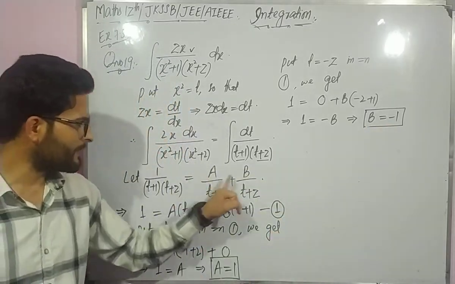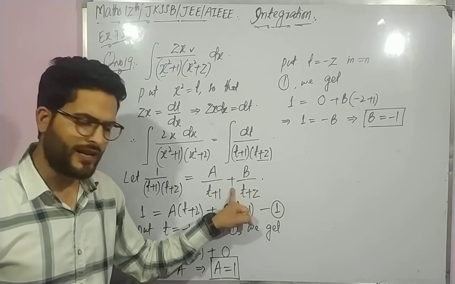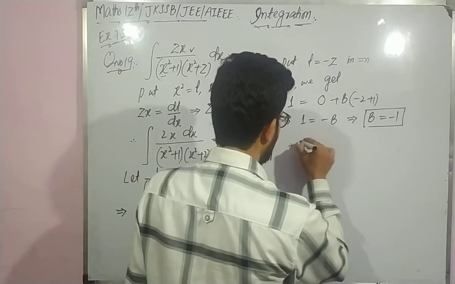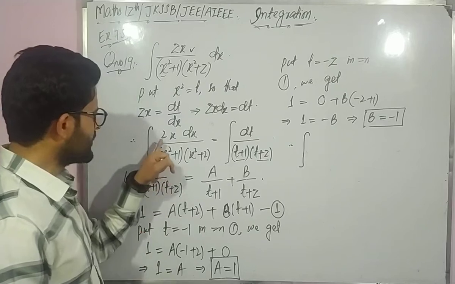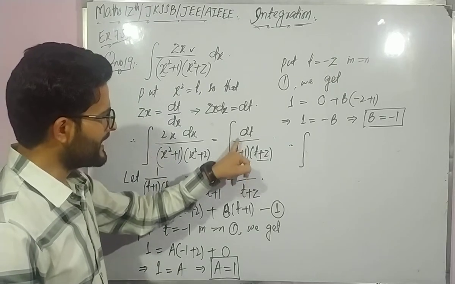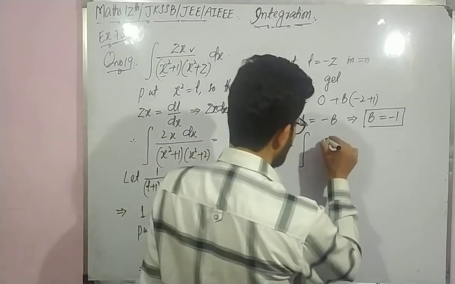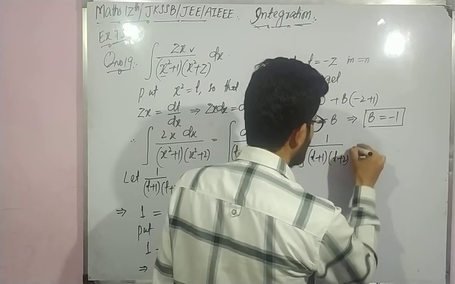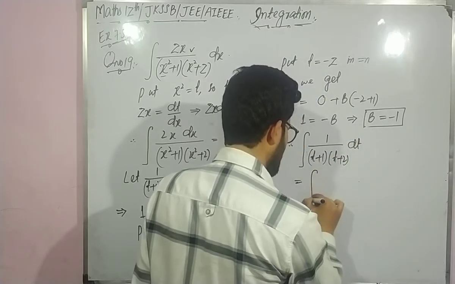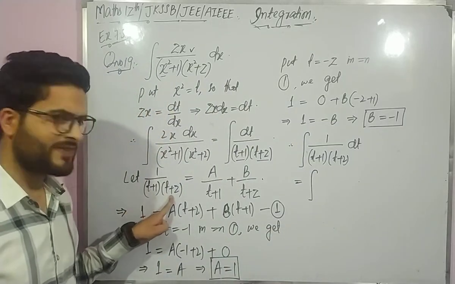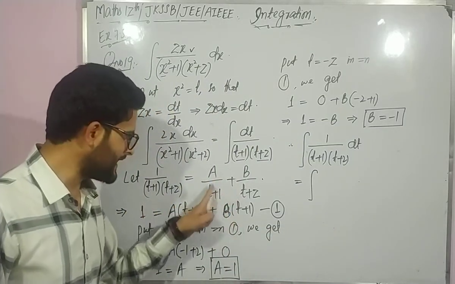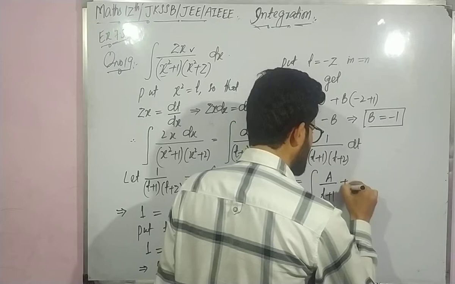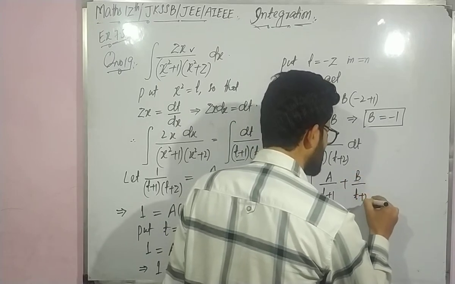Now put the value of a here, put the value of b here, they are connected by addition, separate the integrals, you can obviously find the integration in just 2 or 3 steps. Therefore the original integral, जो है, that is 2x divided by, यहाँ पे 1 divided by t plus 1 t plus 2 dt, so 1 divided by t plus 1 into t plus 2 dt, and that must be equal to integration of 1 divided by t plus 1 t plus 2 has been expressed as a divided by t plus 1 plus b divided by t plus 2 whole dt.